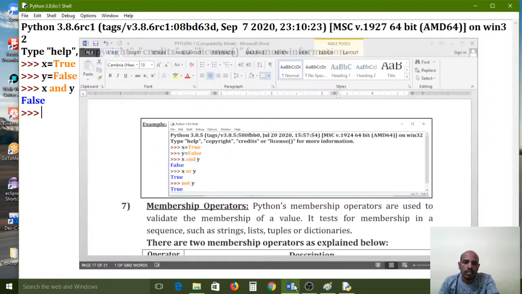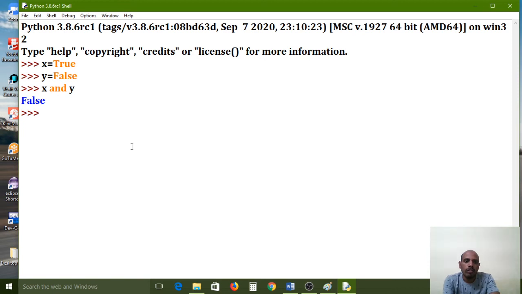Like that. So x value is true, y value is false. If you use the AND operator, only when x value is true and y value is also true will it be true, otherwise it will be false. If you use the OR operator, then it will give the result as true, because if any one is true, the remaining need not satisfy the condition. So x stored the value true, right? Any one value should be true, otherwise it will be false.